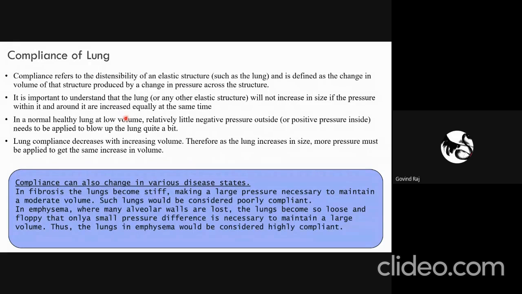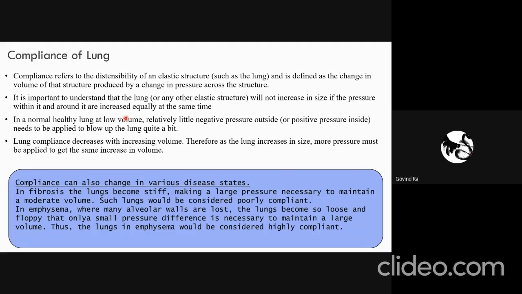So if there is no differential pressure within or around the lungs, or around the alveolar sacs, there won't be any inward or outward movement of air. This is mainly attributed to the compliance of the lung. So compliance of the lungs